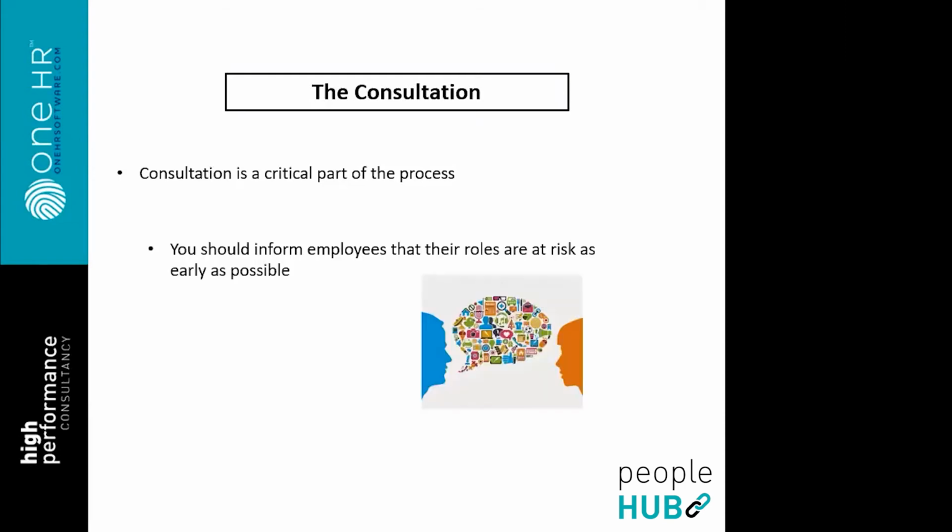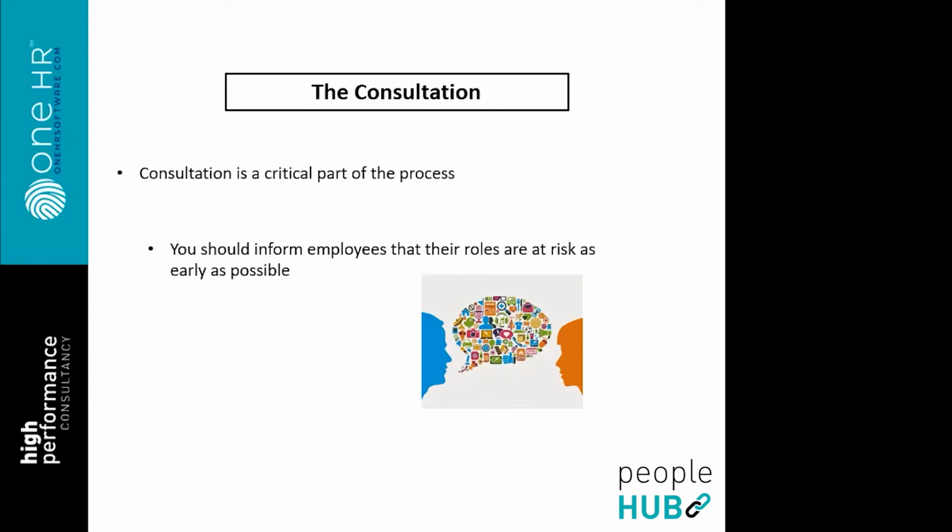So you should inform employees that their roles are at risk as early as possible. Now, this is a requirement that as soon as a business understands that redundancies could possibly be coming, they should, where practicable, inform employees. So that's not for us to just sit and think, oh, well, we could run out of cash flow soon, so we'll just put everybody at risk, because you obviously need to be mindful that putting people at risk causes a lot of anxiety, and the uncertainty around the process is difficult.